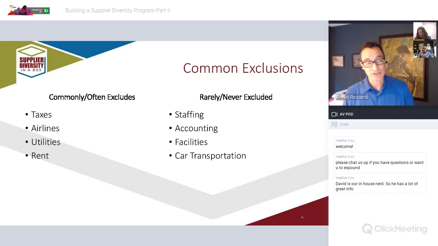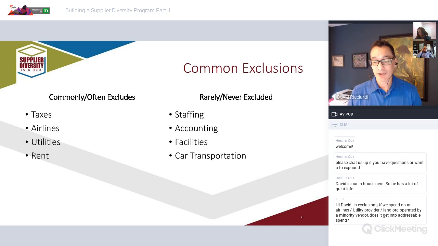So when we talk about exclusions, on the left side, you can see a number of things that often fall into that exclusion category. Taxes is one thing that pretty much nobody debates. You do not have an option when you pay your taxes, be they to a city, a province, or a country. You don't have the option of paying that to a diverse supplier. So those really come out of that all spend number. Other things that are very common are airlines. You might do a lot of corporate travel, a lot of airlines, and as much as I might want to fly a diverse owned and operated carrier, there are none that we know of. So all your air travel commonly comes out as an exclusion.